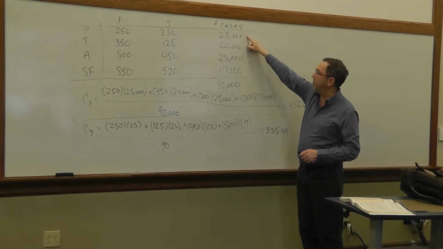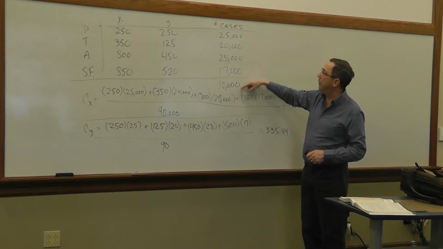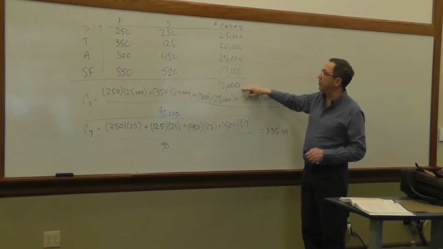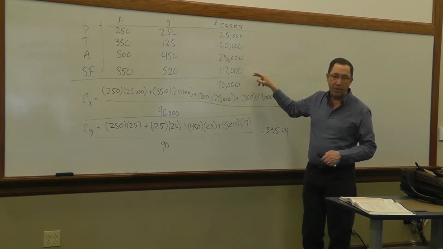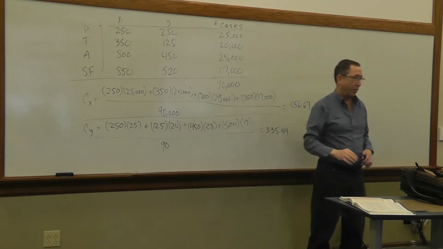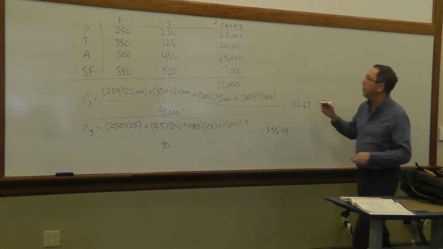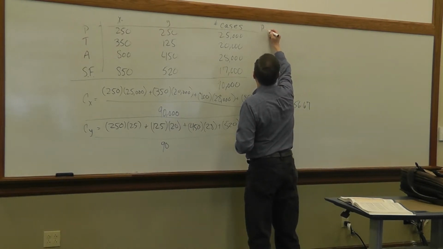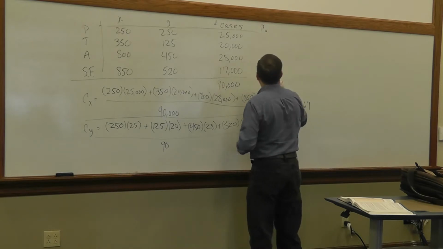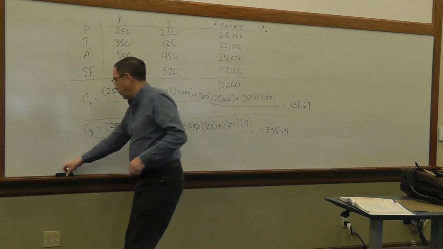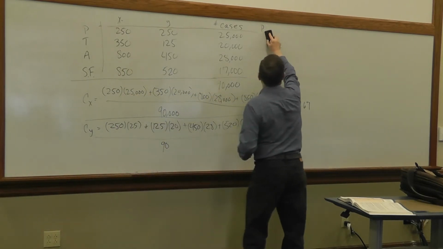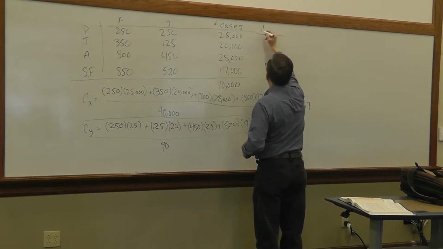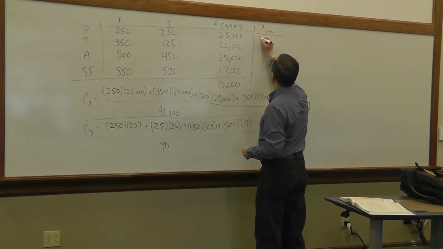So 25,000 divided by 90,000, 20,000 divided by 90,000. What percentage of the total volume is being shipped to each location? And we can use that in a shorter formula. So if we do, the P, I don't know, P sub